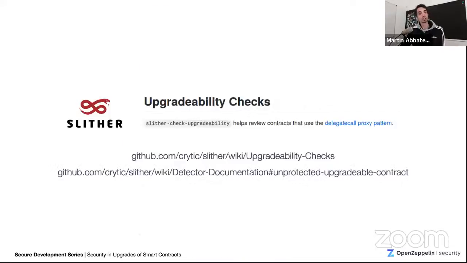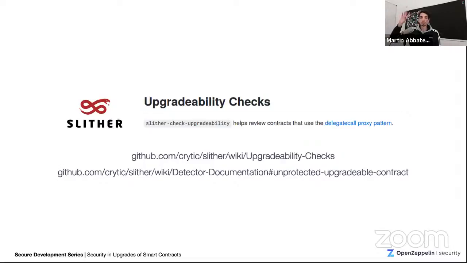And just because I don't want you to say that I only talk about OpenZeppelin, just kidding. You can use static analyzer tools, for example, right? So Slither, a tool from Trail of Bits, that I've been using in some audits, and I think it's a pretty well-known static analysis tool in the community, has some upgradability checks, right? So you can use Slither in this case to compare two different implementations, and Slither will tell you